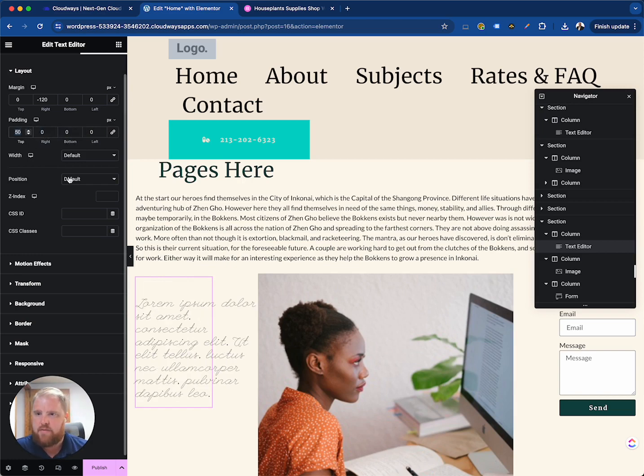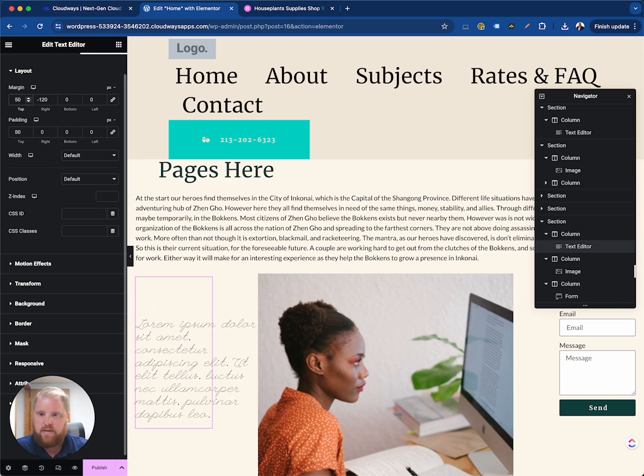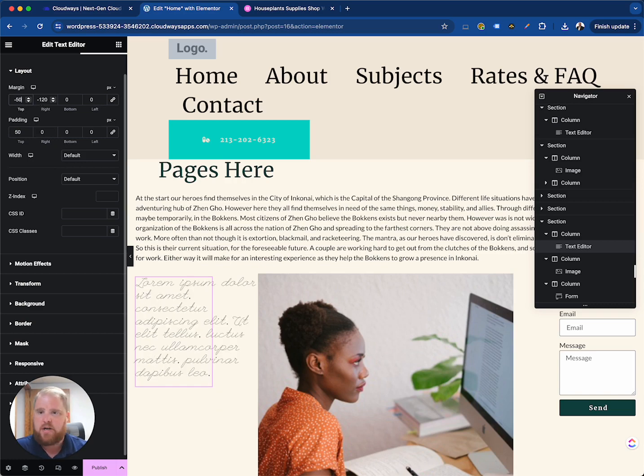So padding on the top, we'll add it here. But if I put margin on the top, that will do that as well. But margin is one of the only ones that you can actually do negative. So if you wanted to move this outside of its framed element, which sometimes you want to do design element wise, if you wanted to have maybe